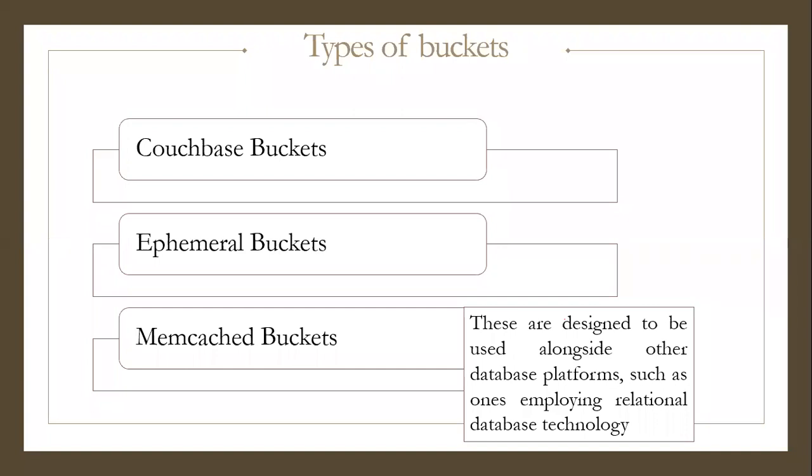The detailed documentation is there, as we cannot discuss everything in depth, because we have to compare it with those parameters with the help of other NoSQL databases also. Then only we will understand the types of buckets in depth. Okay, so this is the high level summary of these buckets.